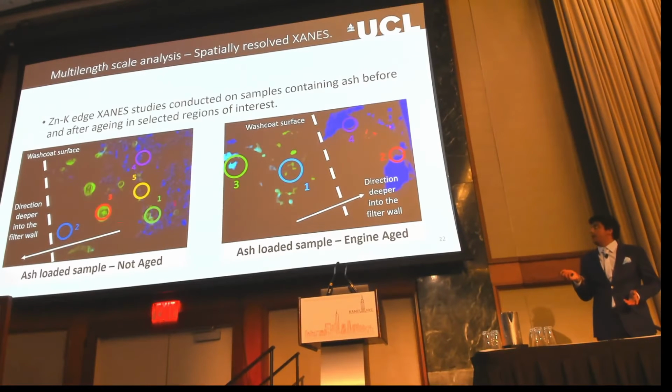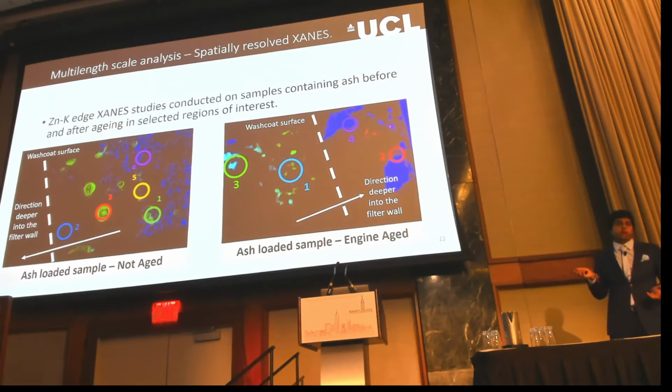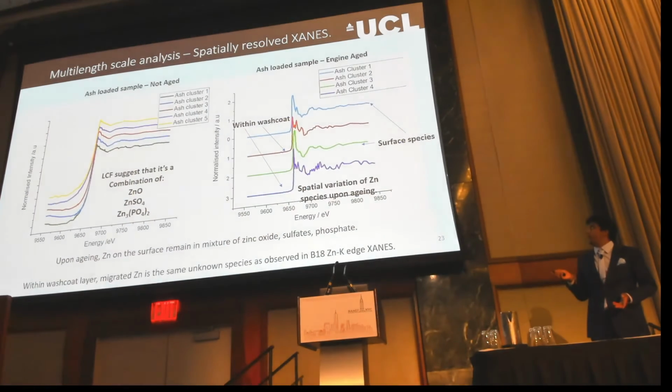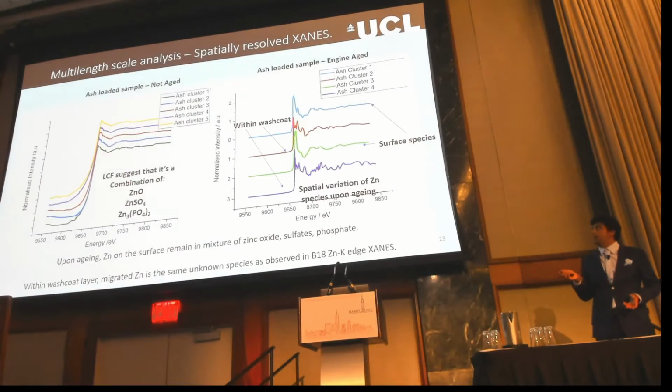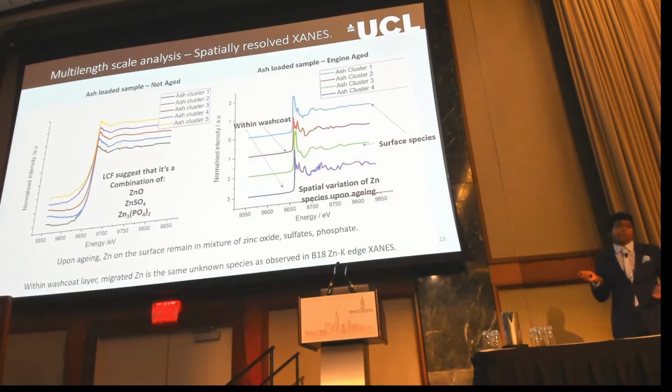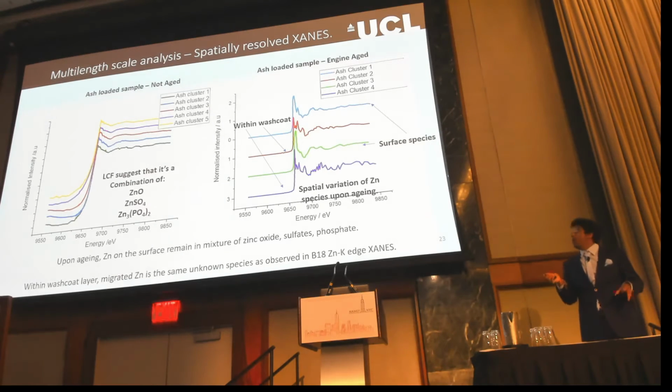So we took 5 regions of interest from a pre-ash GPF, not aged, and then compared it to the same sample from the same GPF for engine aged. What we found was that initially, from the pre-ash deposition, the new combination of palladium suggested that this was a combination of oxides, sulfates, and phosphates. The important one was when we looked at the engine aged one, especially the regions where the zinc was found within the washcoat, where we actually found